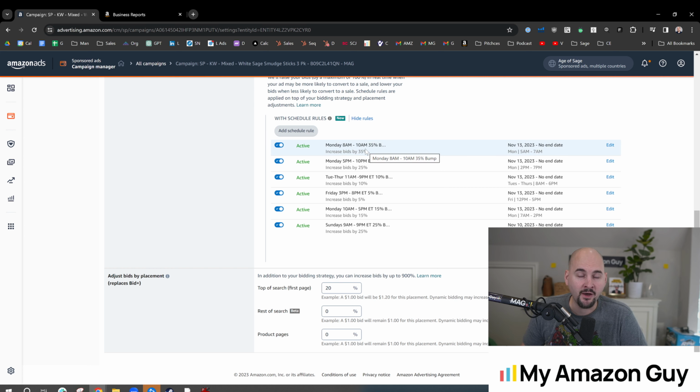to 10 a.m. Now, if you don't understand the additive concept, that's a huge change in your bid span, and you might end up bidding too high for that time spot. Maybe it's a better time spot. Maybe there's more conversions and a higher conversion rate. But if you're bidding 55%, your ACoS might end up being higher than if you had just left the bid alone. And that's a concept I think a lot of people are going to get wrong as they start testing